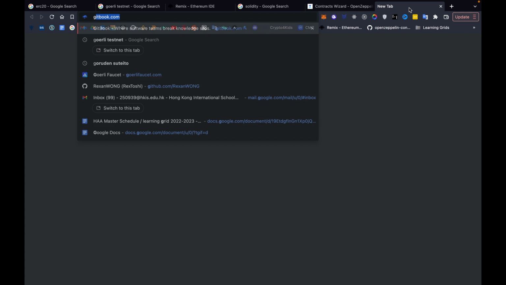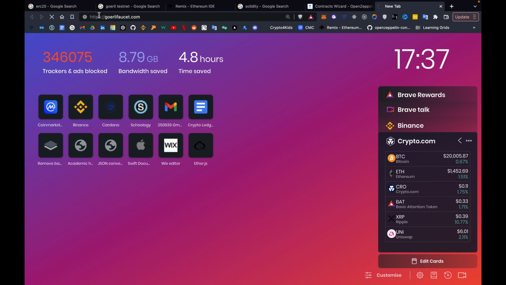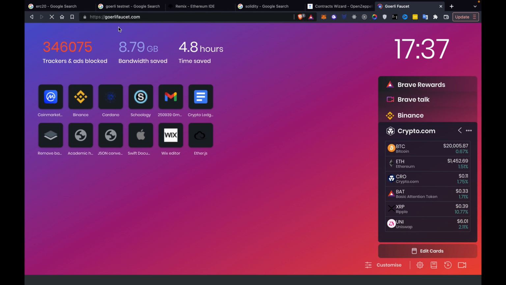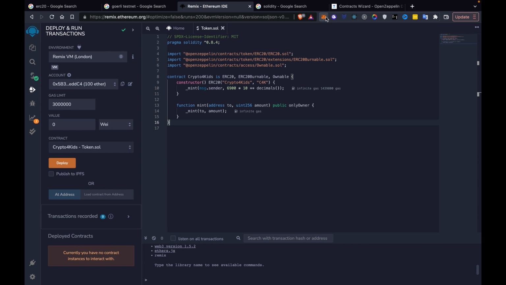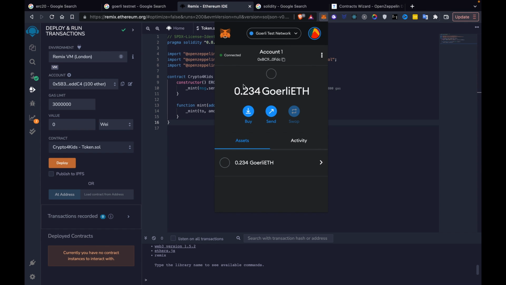go to Goerli Faucet, goerlifaucet.com, and then input your wallet address and click send me Goerli ETH, and then you would see that you have 0.05 Goerli ETH in your Metamask wallet. And this Goerli ETH will be used to pay for the deployment fee of the smart